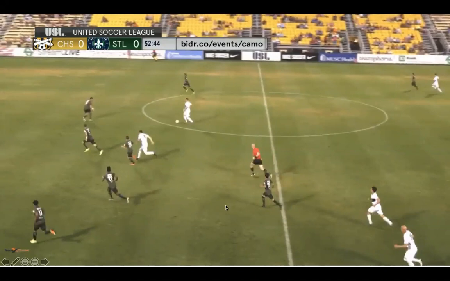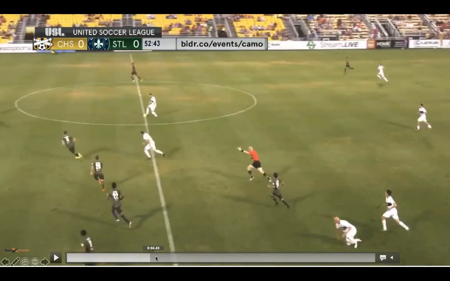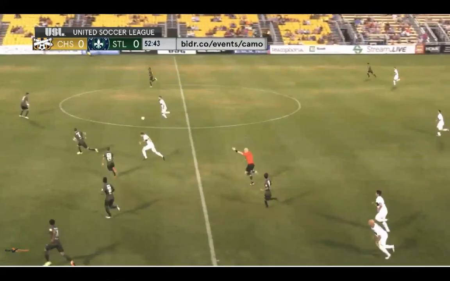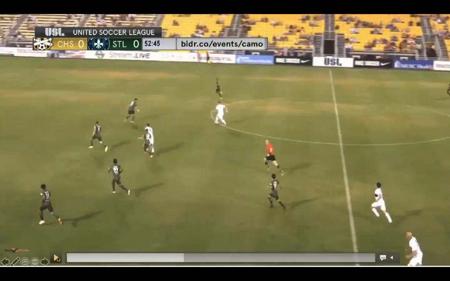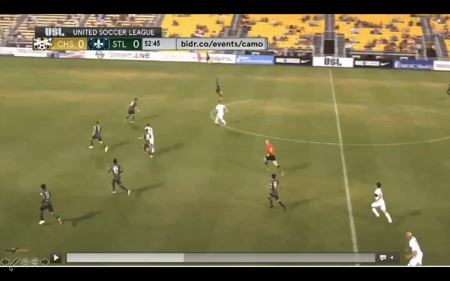All right. And you guys are correct. 91% say no, this is not an advantage. Well done. Again, when we talk about the 4 Ps, yeah, he's got possession of the ball. But as we can see right here, the personnel is a nightmare. 1, 2, 3, 4, 5, 6 defenders against 2 attackers. Far from goal, no options, no opportunity to create an attack. So this is a good scenario of a team who has the ball. They have possession, but it's not really to their advantage because there's nothing they can do with it here.